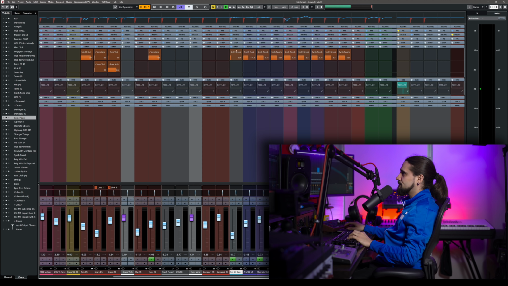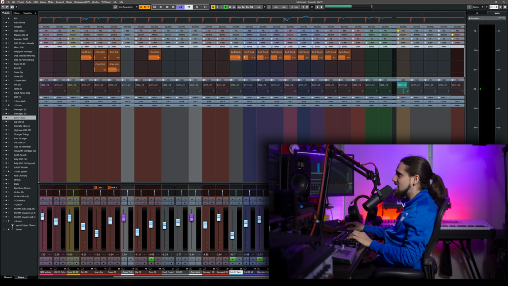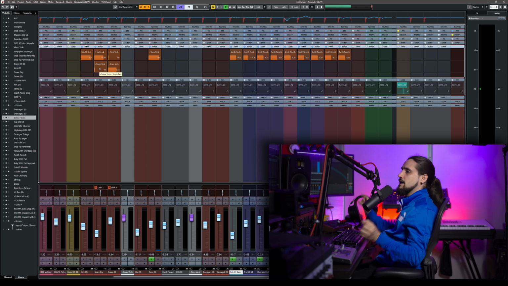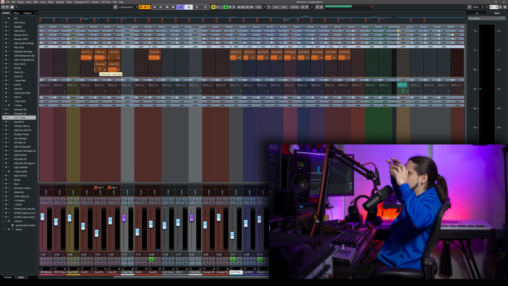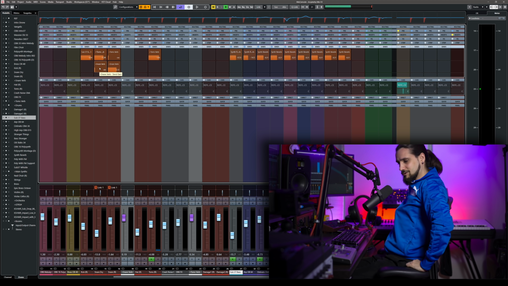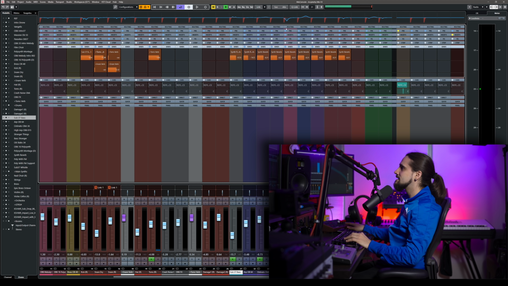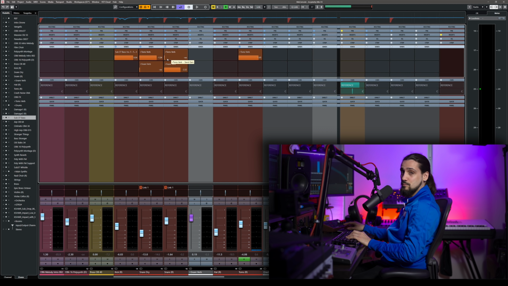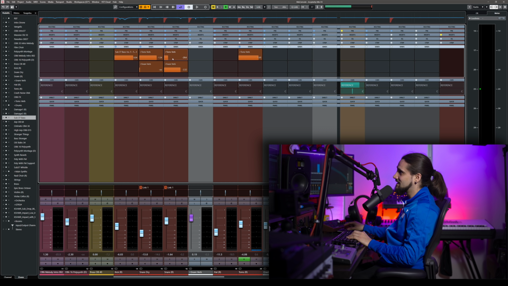I can see that this channel has no send. Let's add a little bit of send right there. Or these toms, maybe I want to add some reverb to these toms. Straight away, no cryptic icons. You don't have to wear your glasses in order to see all these things. Very, very easily you can do all these things. If I want to have more precision, I can zoom into the mixer and very, very finely tweak my level for my send.